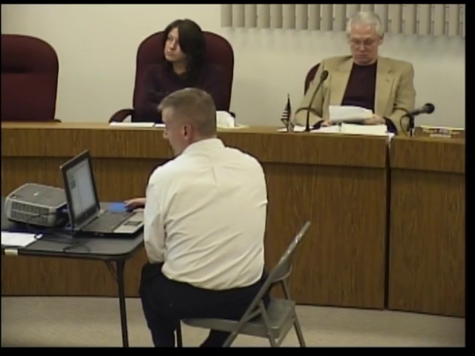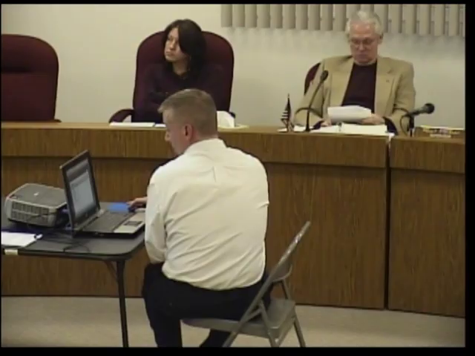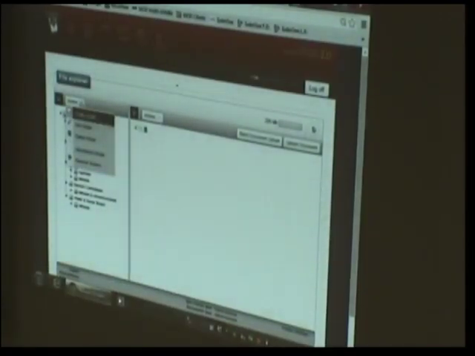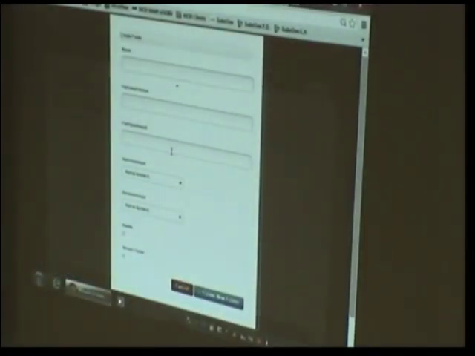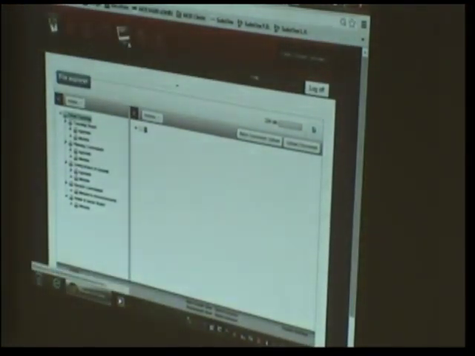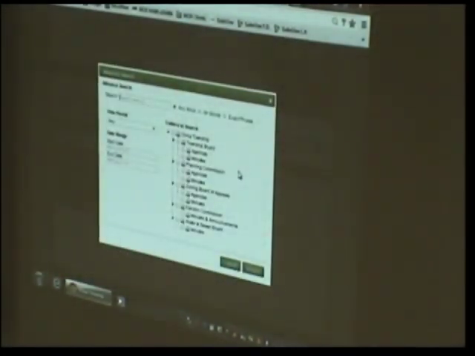Not quite yet. That's, again, the beauty of this thing. So when they are, they're just going to go right here and say, create a new folder, agenda packets, and start uploading to that folder. Anytime you add a folder inside of here, it automatically adds it to your advanced search tree, so you have the ability to search just that folder.